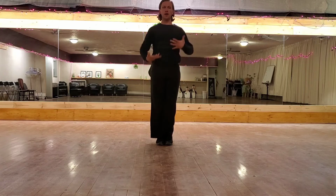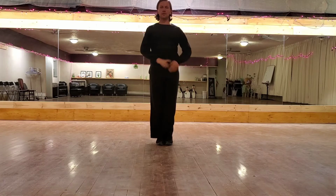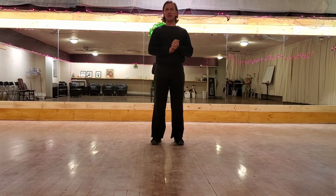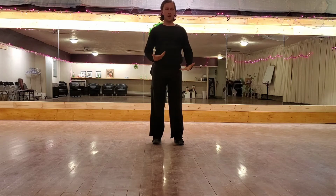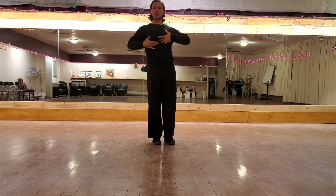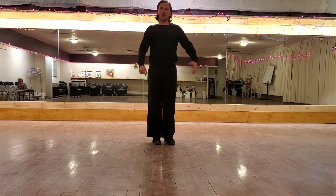Going to work on chest isolations. This is going to be a really good thing to practice at home, and it's useful for several reasons. For one thing, in just everyday life, having a more flexible chest, just like having more flexible hips and shoulders,